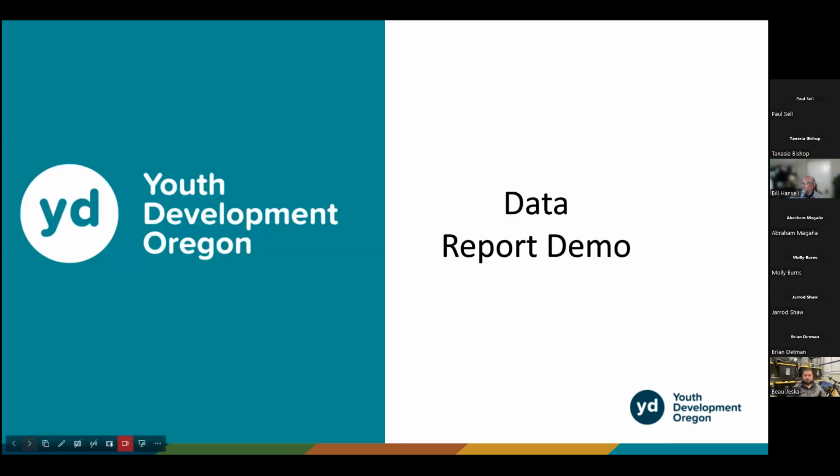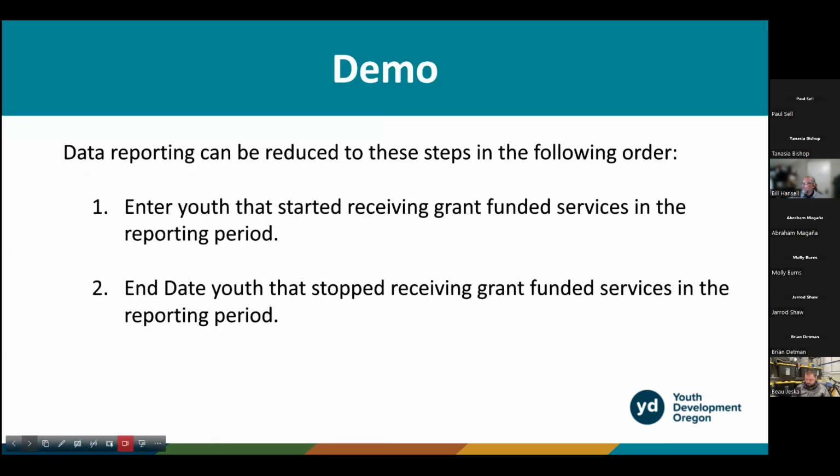All right, now I am going to demo some actual data reporting. And again, for each quarter, I've staged the data reports, and I'll go through a progression of data reporting as if we were replicating quarterly data reporting. I'll see if I can slide this over to the